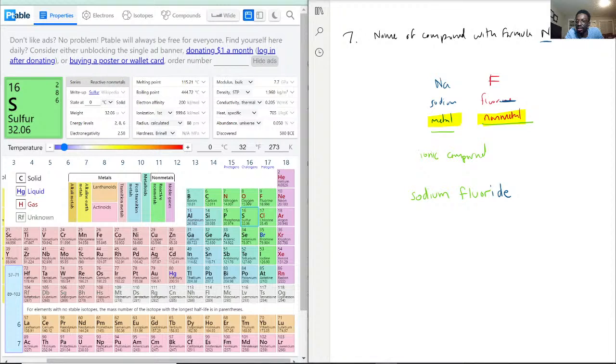That is just, I guess, the simplistic terms of how you name ionic compounds, okay, when it's just a metal and non-metal. Specifically the elements though, because when we looked at the previous question with calcium phosphate, it wasn't calcium phosphide, for example,